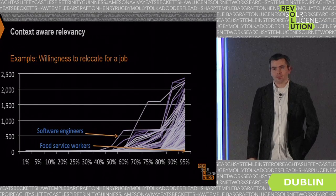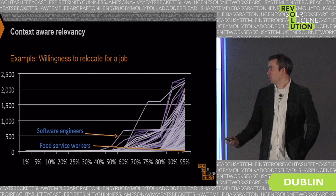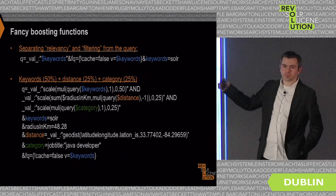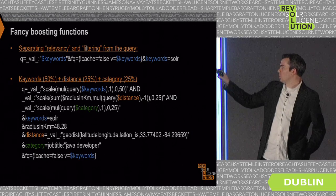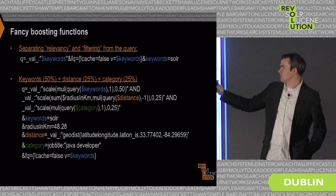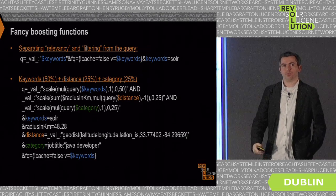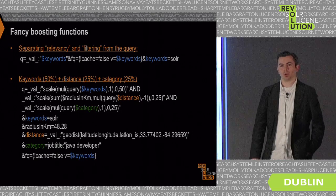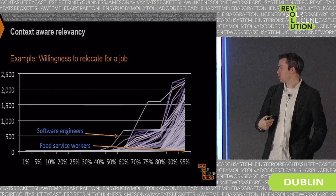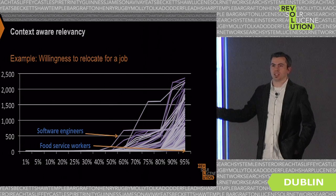Once you've done that, the next thing you might want to take into consideration is the context. So in this particular case, if I hard-coded this query, where 50% of my relevancy comes from keywords, 25% from distance, and 25% from the category, what if those same rules shouldn't apply everywhere? In our case with job search, if we run some machine learning algorithms or just look at some basic stats,